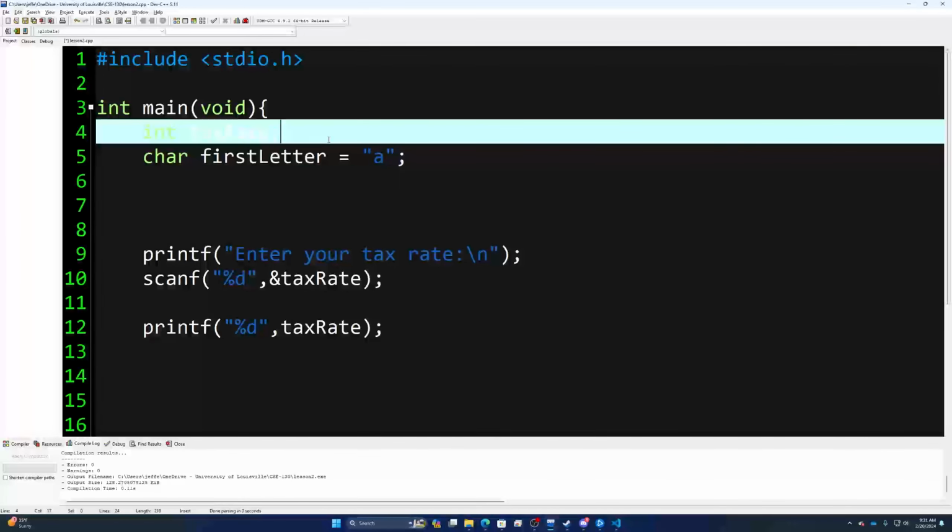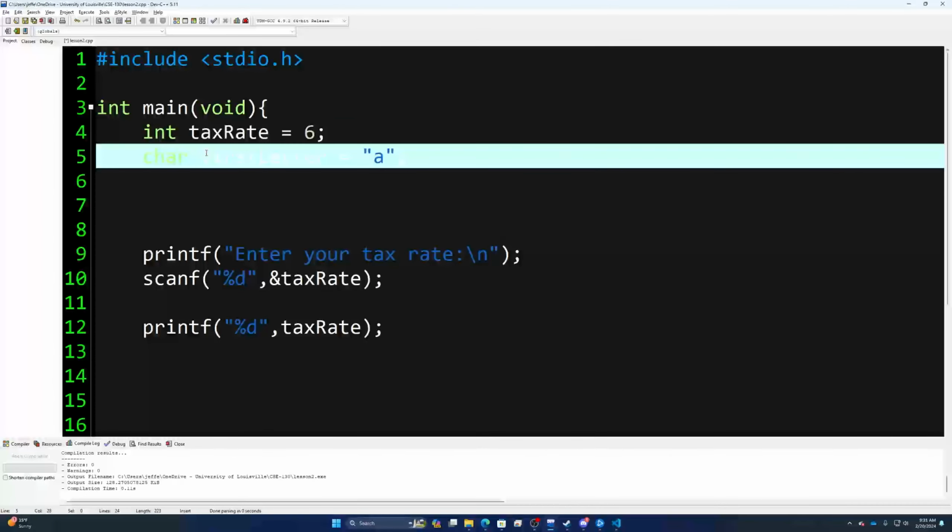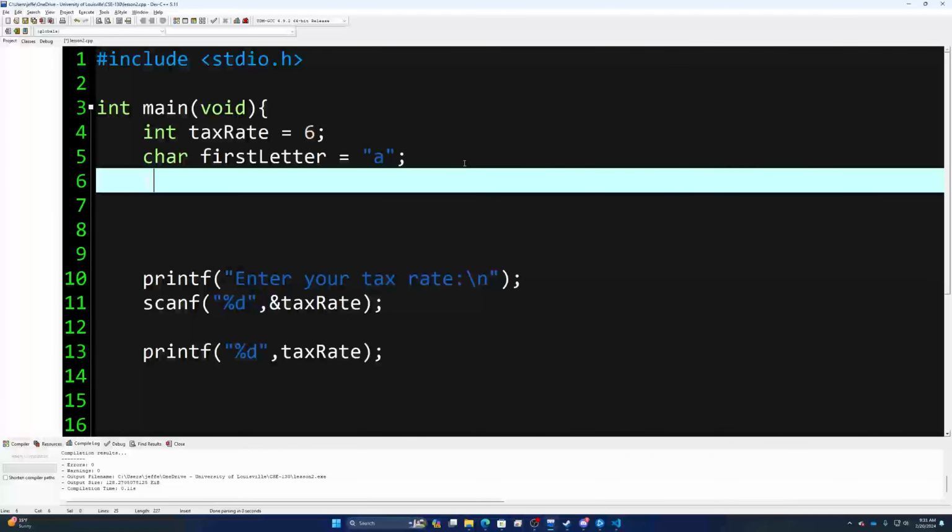So we've got int, which is going to be a whole number, like I said up here, tax rate. And so we'll have that one, 6. We've got char, firstLetter, which is an A, lowercase a. You've got float, which is for single precision real numbers, right? So you can have float, and then you can say taxPercent, and we'll say 0.6,